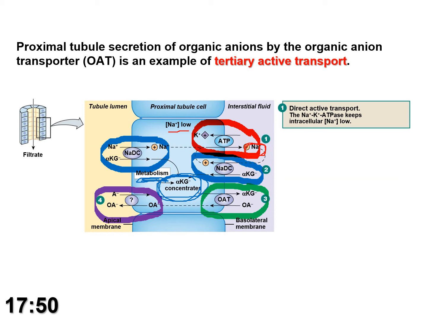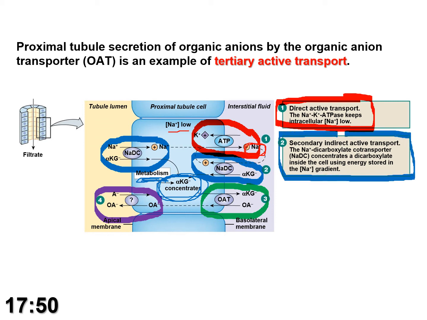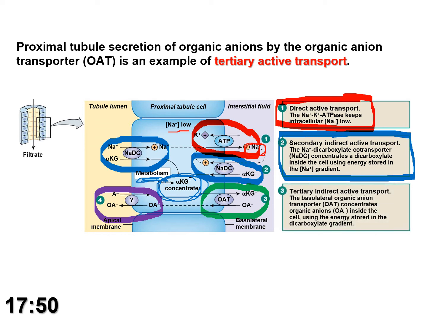Okay, so let's just do this verbally real quick. We had that primary active transport. Then we had these, so I'm going to circle that here. So this was the primary active transport in red. We're using the ATP. Then we had the secondary active transport made up from the sodium gradient. Okay. Then we had the tertiary that was driven by the alpha-ketoglutarate. Okay. And then lastly, if I can do it right,